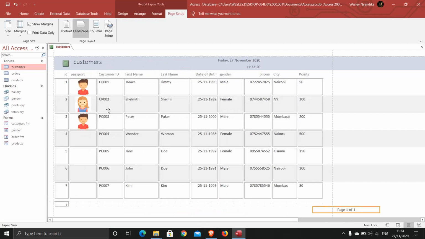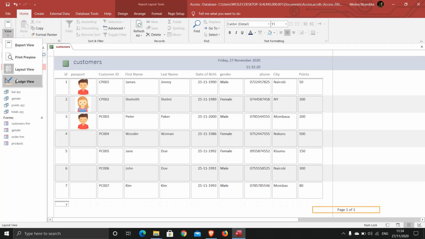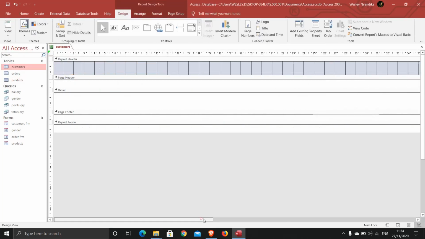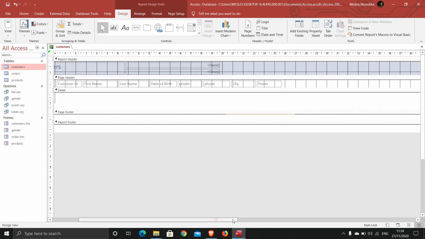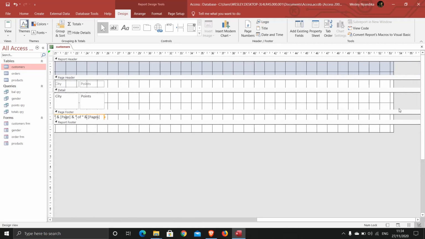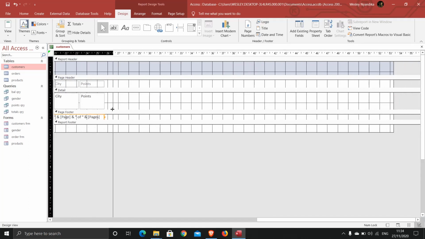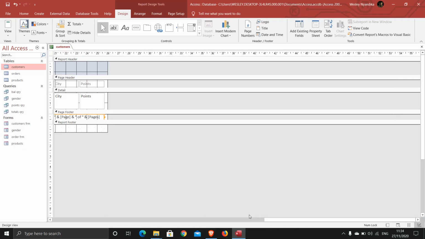So to solve this easily, let's go to Design view. So Home, View, Design view, and here we are. So from here we can pick this part here and simply move it. You can use the arrow keys, or you can put your cursor and it will change to a cross pointing to both sides. Click on it, hold it, and just drag it up to the point you want. Now it's inside the page. Then come to the end of the page here. This part also is outside, so drag it and bring it somewhere there. Perfect.